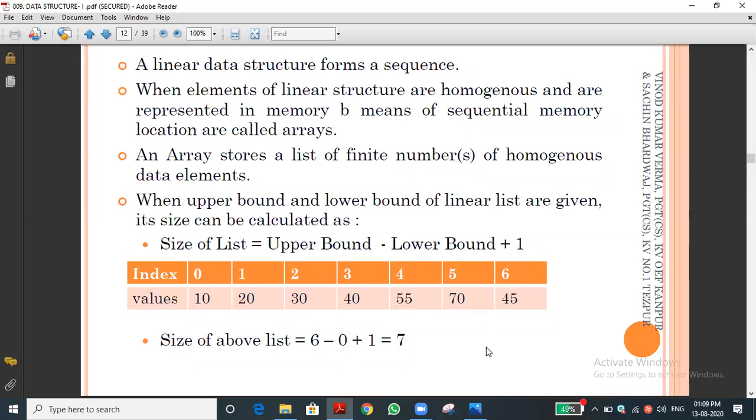Have you understood? This is a basic one. Anyhow, this is a formula, and it is very important. Sometimes they might ask; if you are lucky, they won't ask, but if suddenly it is asked, there is also a midpoint formula for binary search. For linear search: how to calculate the size of the list, explain the formula, write the formula. If it is asked, that is upper bound minus lower bound plus 1.